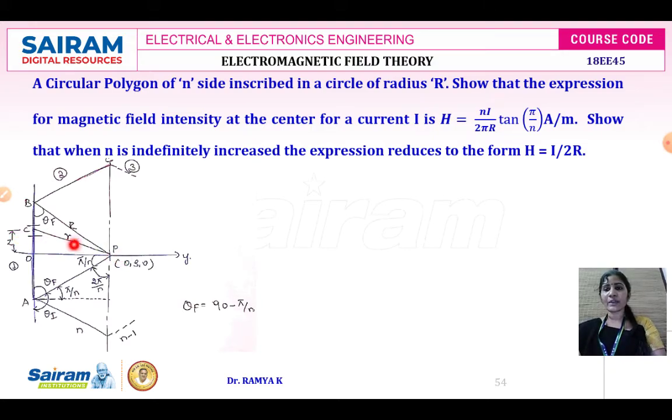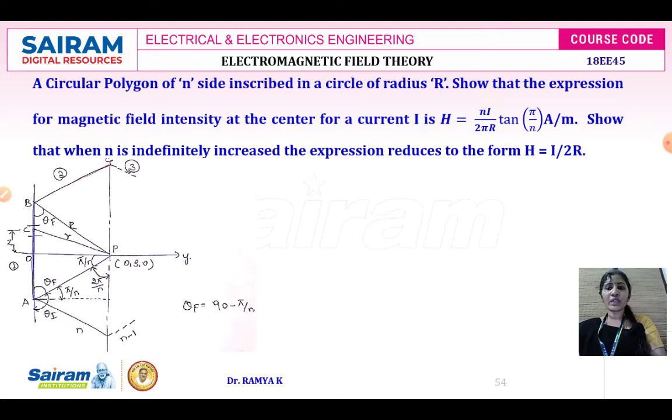The distance between the cause and effect is going to be r. The ordinates of this point P is 0, rho, 0, and the ordinates of point C is going to be 0, 0, z. It is going to be the starting point of the conductor, and it is going to be the end point of the conductor. From starting point of the conductor to the point under consideration, the angle made is theta I. From end point of the conductor to the point under consideration, the angle made is theta f.